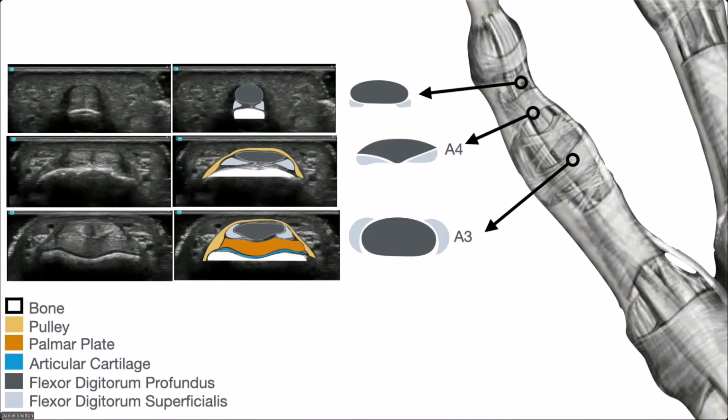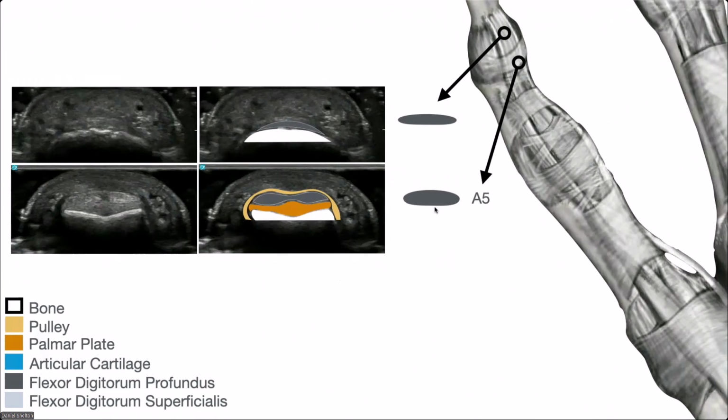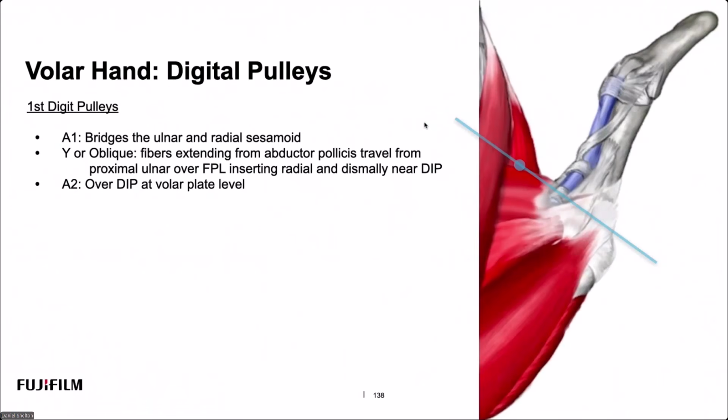And as we head down to A4, where the insertion starts to attach at the middle phalanx here, you can see the superficialis is now underneath profundus completely. And then as you go distally between the A4 and the A5, the insertion has completely taken place and profundus is out there on its own. Distally to A5, just profundus, and then at the enthesis at the base of the distal phalanx is just profundus.